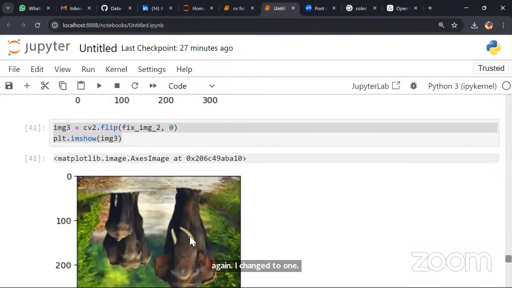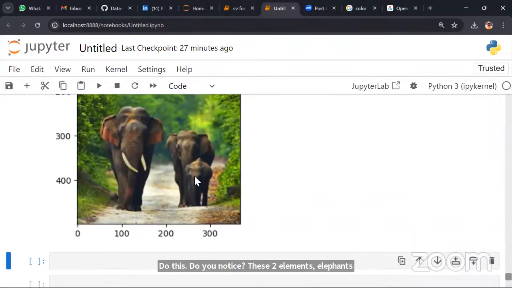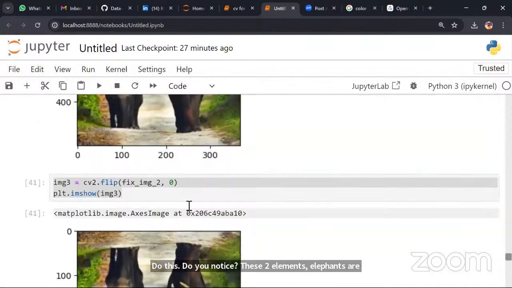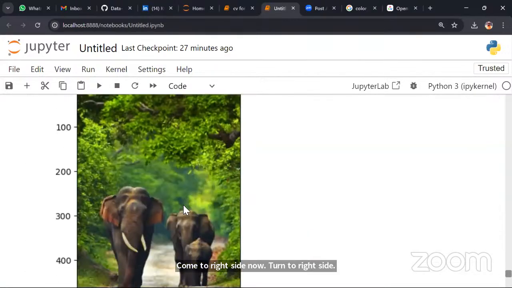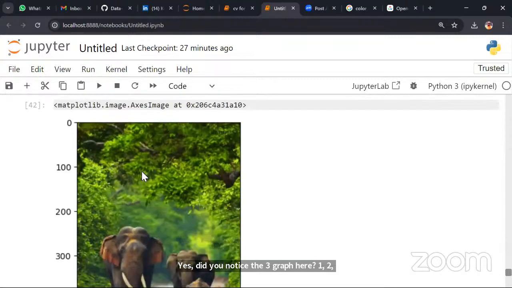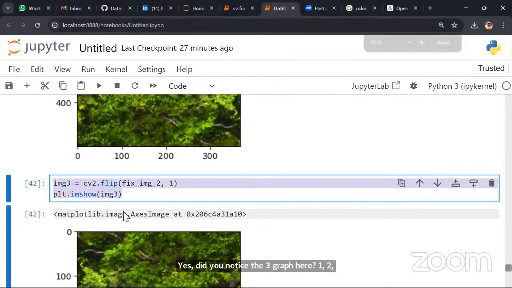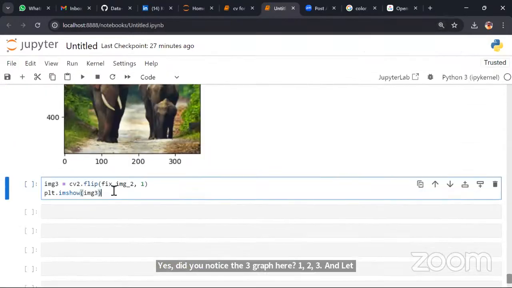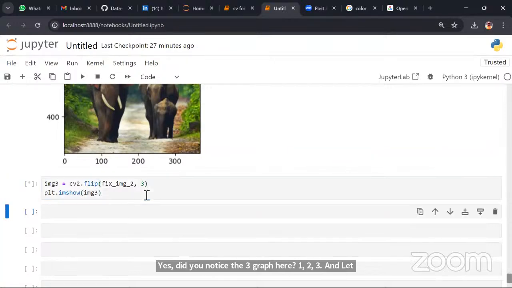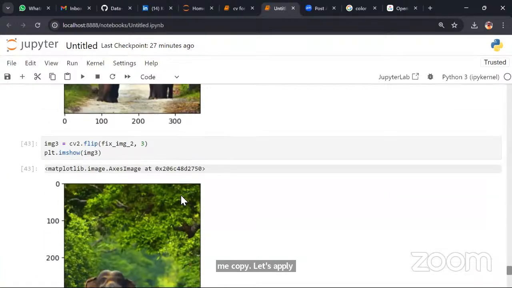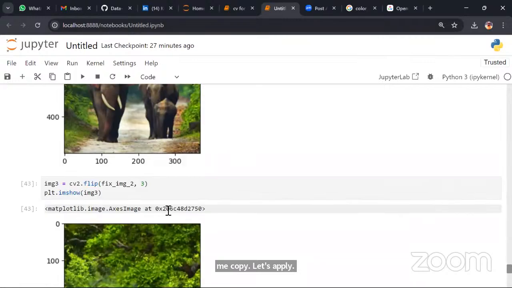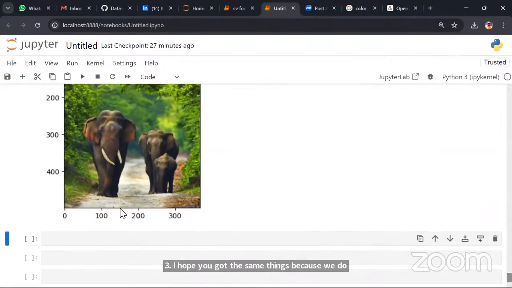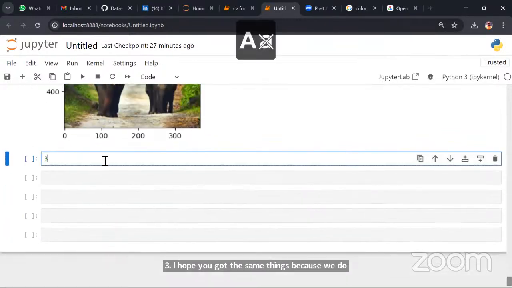These two elephants have now come to the right side. Turn to the right side. Guys, did you notice the three graphs here? 1, 2, 3. Let me copy and apply 3. I hope you got the same things, because we did a flipping part. So finally we read the